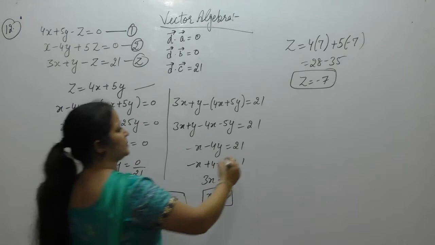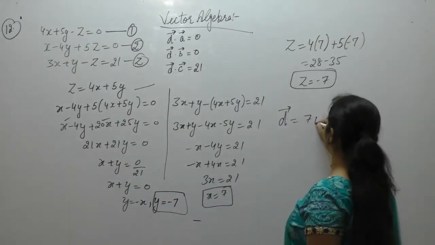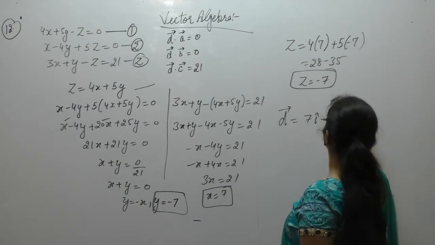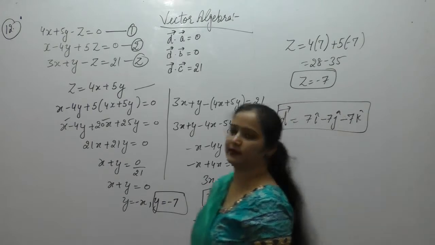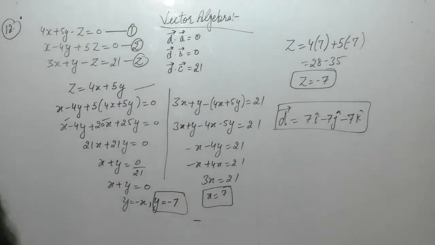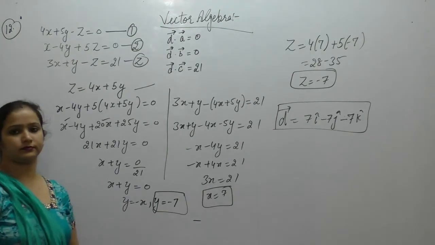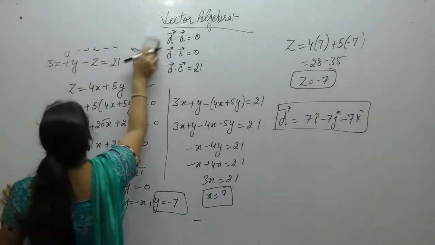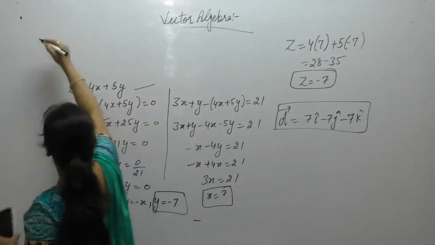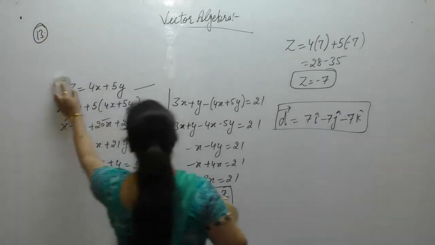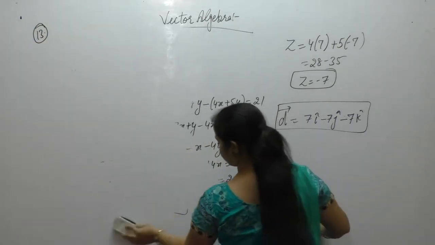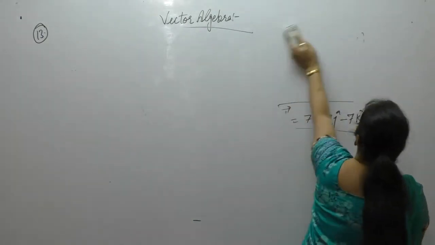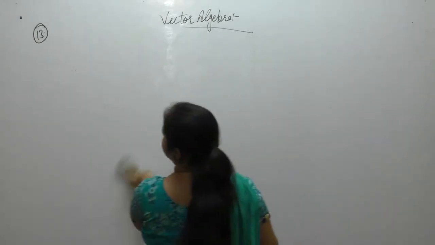Therefore d vector is equals to xi plus yj cap plus zk cap. So this is the value of vector d. Now the next one,